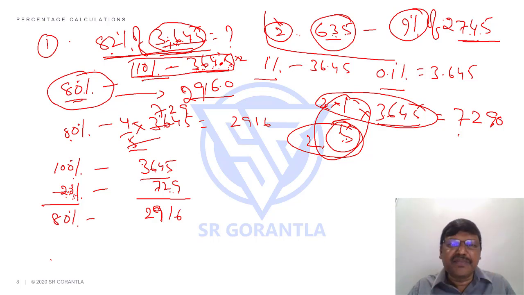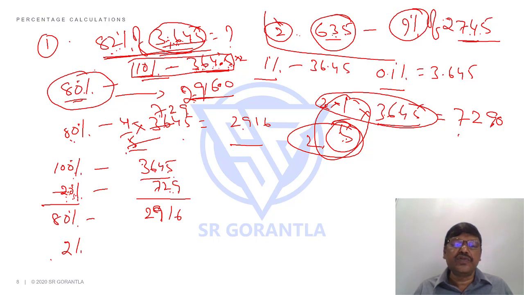Yeah, probably it may take some time for you to practice, but today it's for this. Even without that, I told you 3 different approaches for 80%. 10%, then multiply with 8 to get 80%, or use 4 by 5 and do it, or take 100% and minus 20, you are getting 80%. That is 80, but I want 82, another 2% I should add. See, whichever way you are getting the same 2916, please.